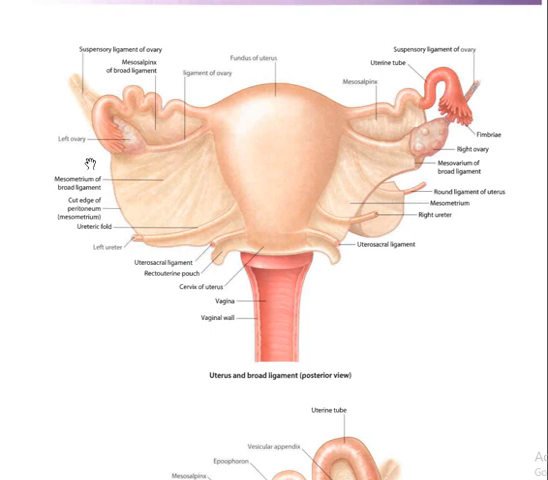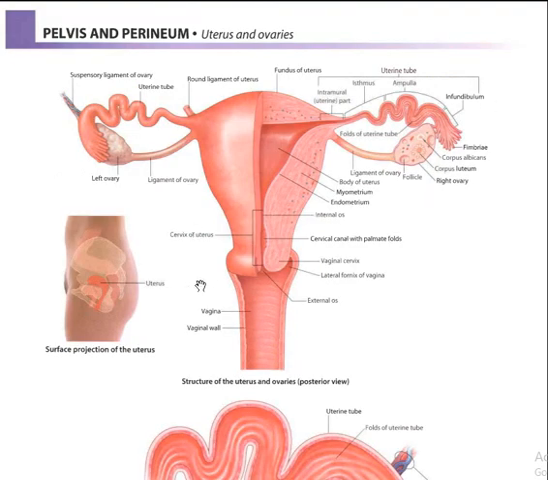So this is the mesometrium here, and these are the ureteric folds, so that contain the ureter. You have the round ligament of the uterus here. So this is the mesometrium of the broad ligament. These are the different portions that you can visualize. The connective tissue that you can visualize posterior to the